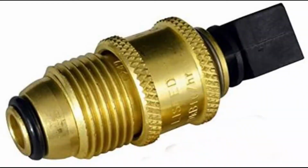You are still left, however, with a 23 or 25-year-old regulator and a 23 or 25-year-old hose, which is stiff and maybe getting brittle, who knows. So if you want to keep using an old regulator like this on a modern day tank, you can replace this fitting. Another possibility, a little bit less convenient, is to buy an adapter that accepts this into one end,